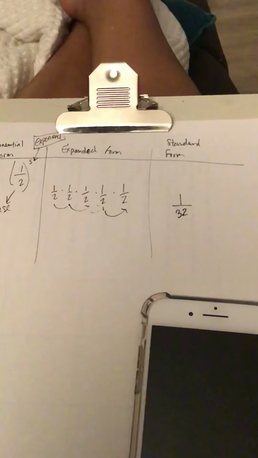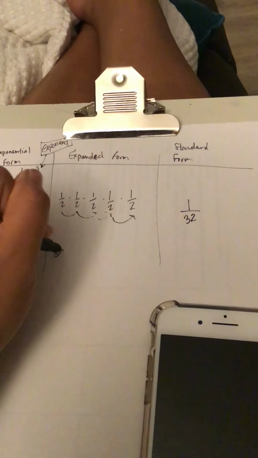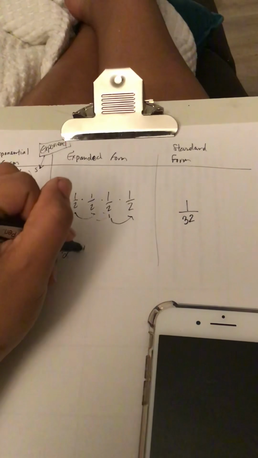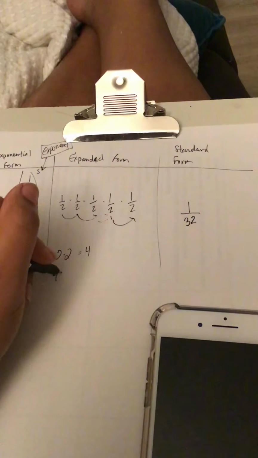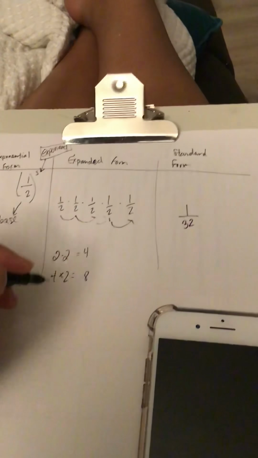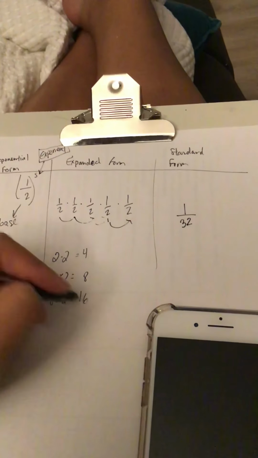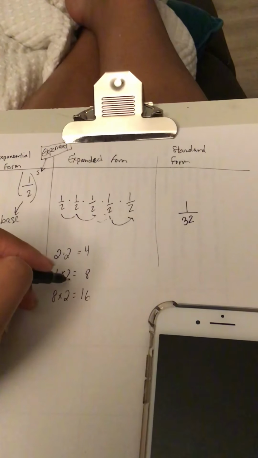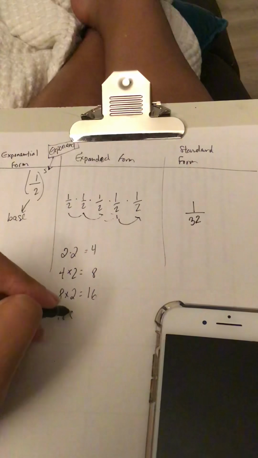So what I just did was I did 2 times 2, which got me 4. Then I took the answer 4 and multiplied that times 2 and got the 8. So that's so far 1, 2, 3 2's. Then I took the 8 and multiplied it times 2, which got me 16. So if you count, that's 1, 2, 3, 4 2's. Then I'm going to take the 16 and multiply that by 2 again,